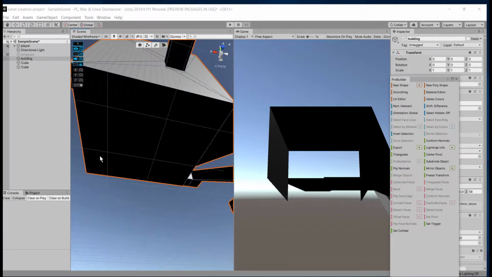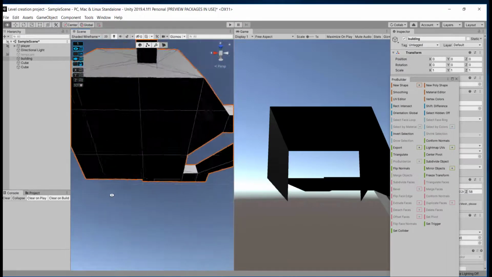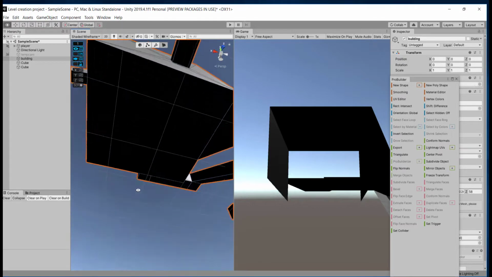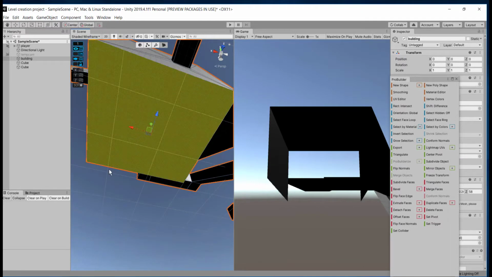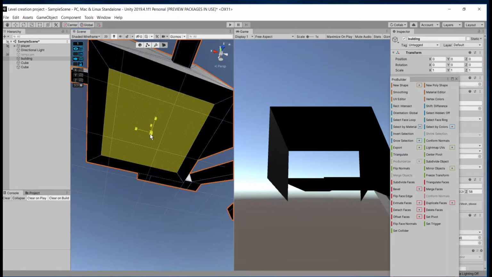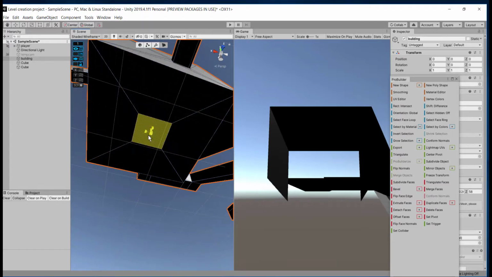When I tried to enter the main room using a corridor, we saw that we could not enter the main room because there was no entrance from the corridor to the main room. We have to make these entrances by cutting holes in the main room surface. So I am selecting the bottom floor face here and extruding a face. You hold shift and with the scale tool you scale down the extruded face.